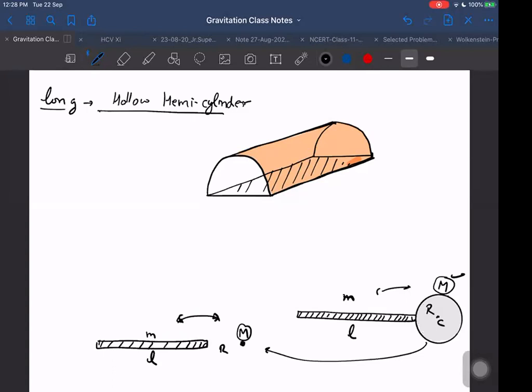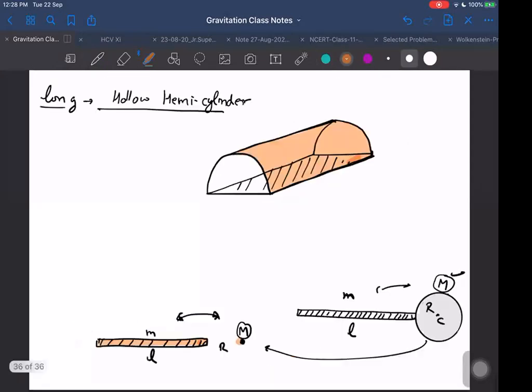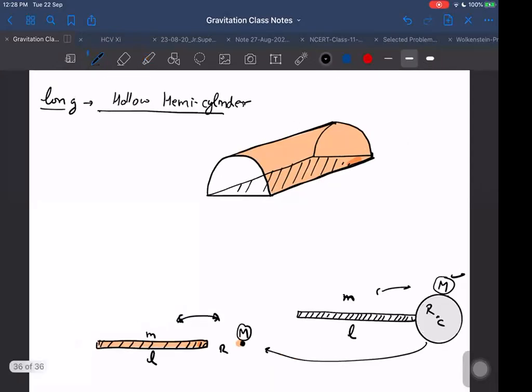Therefore, I will do one thing. I will find the field due to the first mass at the location of the second mass. That will be easier because only now I have derived it. G m1 m2, G R M upon R1 R2, that is, G m upon R into R plus L. That will be the field here due to small m. And that field multiplied by capital M will be the force. See, getting the answer.